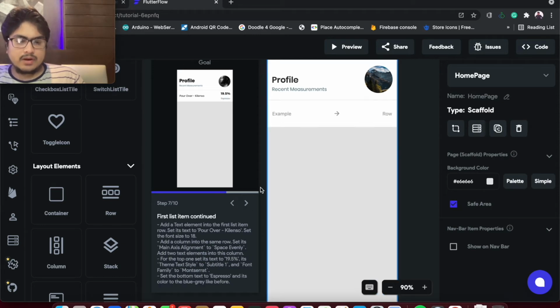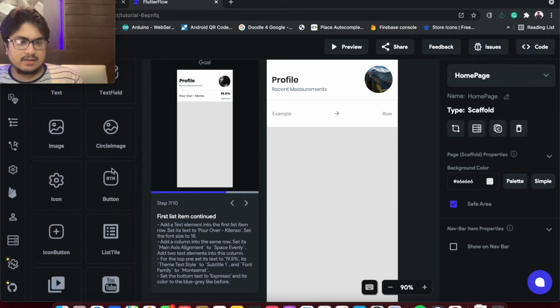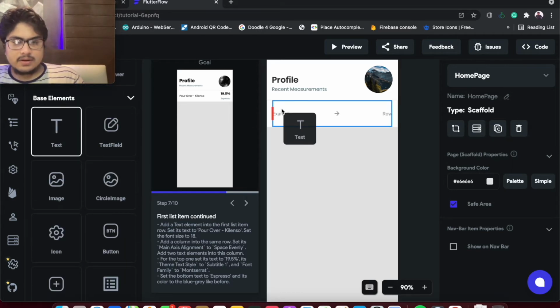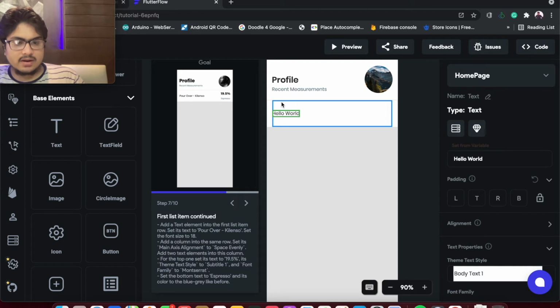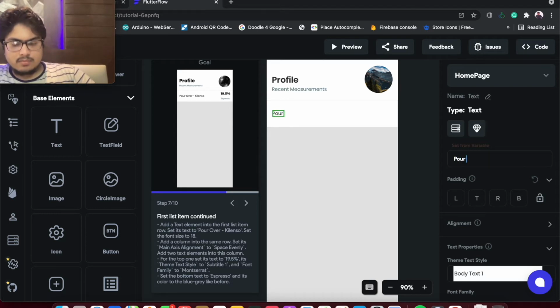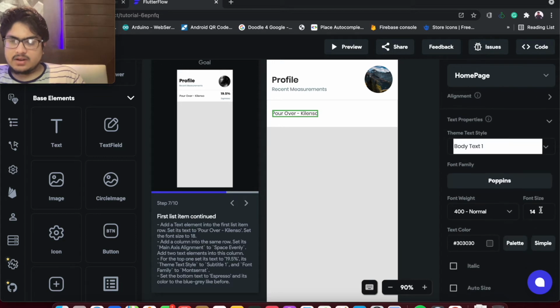Now we'll add a text. So let's add a text here in the row. So text is added, and we'll write here, over, and we'll set the font size to 18.